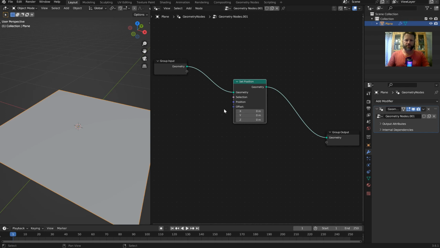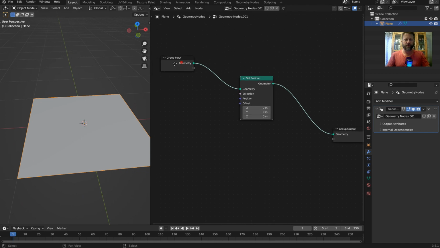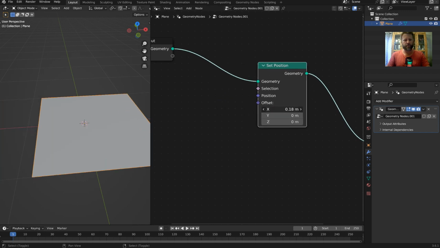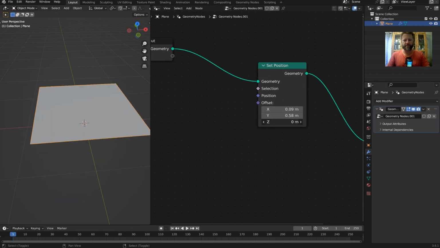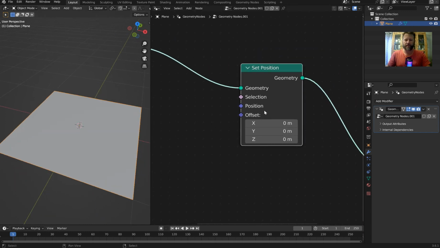Now this is going to take the relative position of this plane as it is subdivided, but it's not going to do anything with it because we haven't told the set position to do anything. Right now, it would currently just move on the different axis points and give you a geometric transform, and that's all it's going to do. It's not actually deforming the mesh, which is what we want,